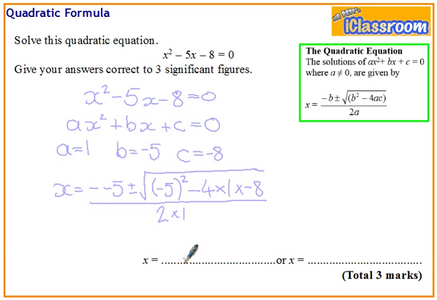Now notice that I've got 2 spaces for solutions, which is what I should expect because I've got a quadratic equation, meaning that I will always get 2 solutions. This plus minus symbol means that I need to do the whole equation with this as a plus, get an answer, and then go back and do the whole equation again with this as a minus, and then find my answer. Now if I do this with a plus, the answer that I come out with in the end is